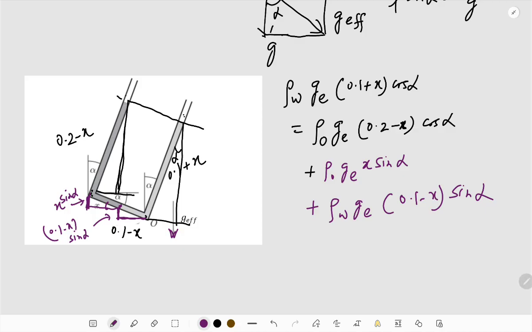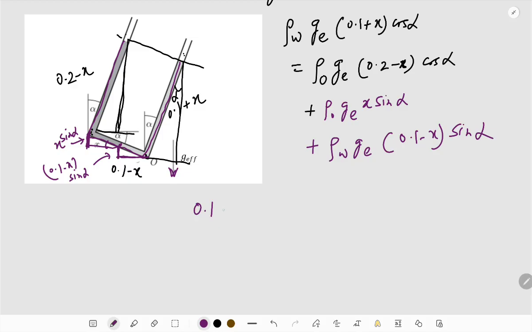So I did the pressure from this route to here, and from this route to here, and I wrote down all the pressures here. And now if you wish, you can put your density data that is given, and you could divide it by cos alpha, because you have the value of tan alpha, so you can divide both sides by cos alpha, and you will get your result something like